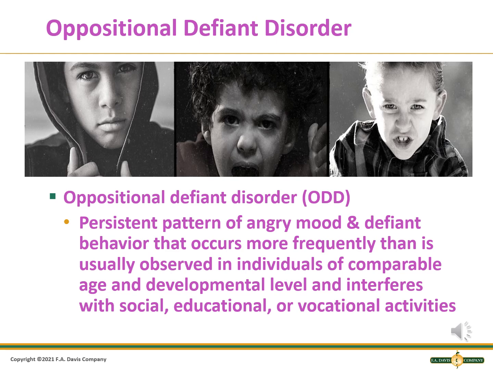Oppositional defiant disorder is characterized by a persistent pattern of angry mood and defiant behavior that occurs more frequently than is usually observed in individuals of comparable age and developmental level, and interferes with social, educational, occupational, or other important areas of functioning. The disorder typically begins by age 8 and usually no later than early adolescence. Prevalence estimates range from 2 to 16%, and common comorbid disorders include ADHD, anxiety, major depressive disorder, conduct disorder, and